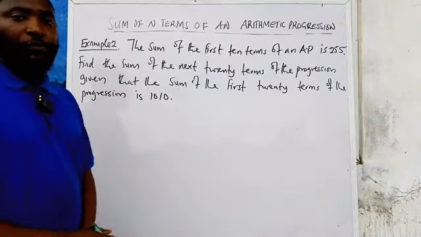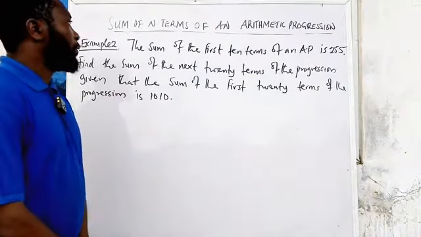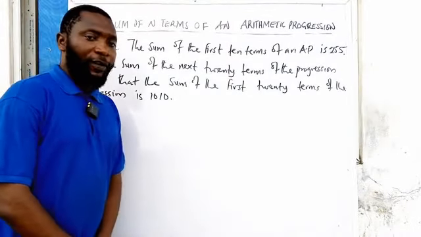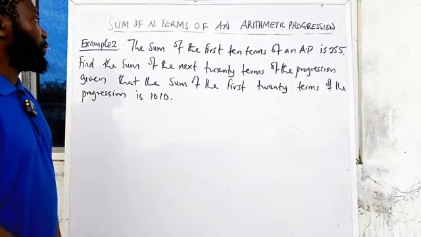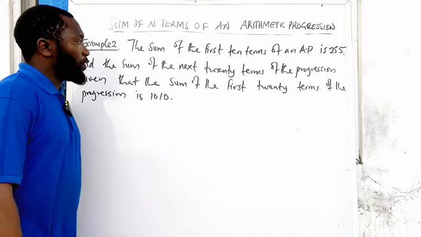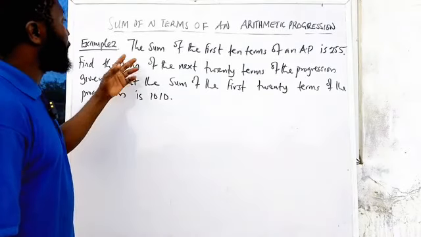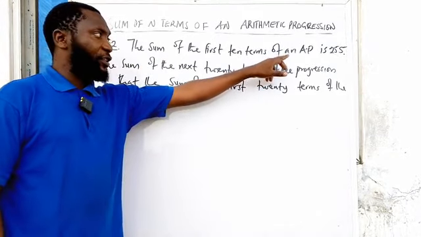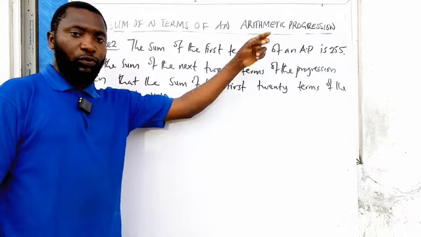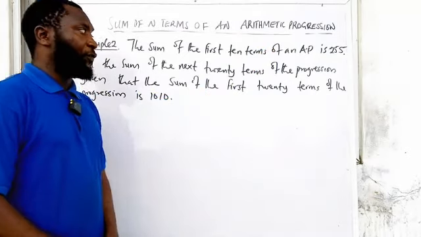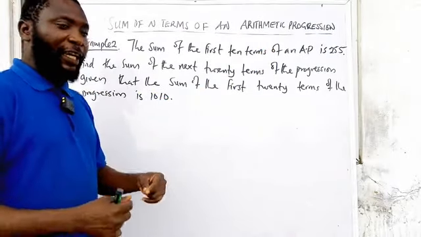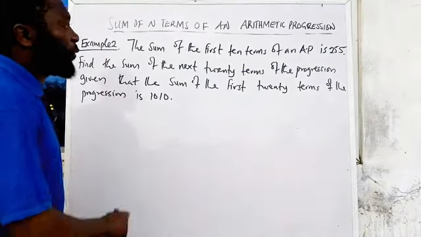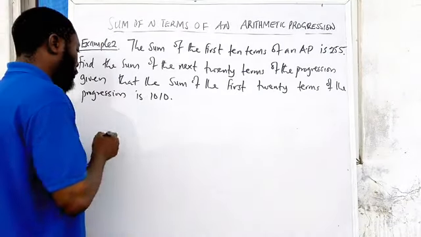So here is another example on the sum of n terms of arithmetic progression. In this question, we have the sum of the first 10 terms of an AP is 255. The sum of the first 10 terms of an AP. So now, from the first sentence, so we have